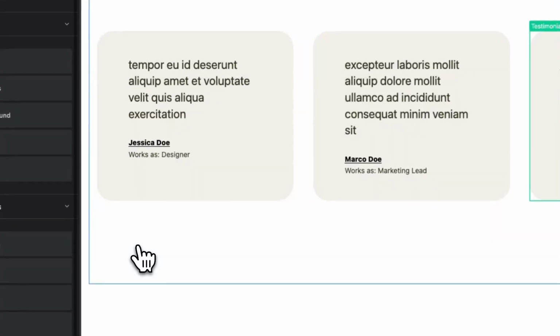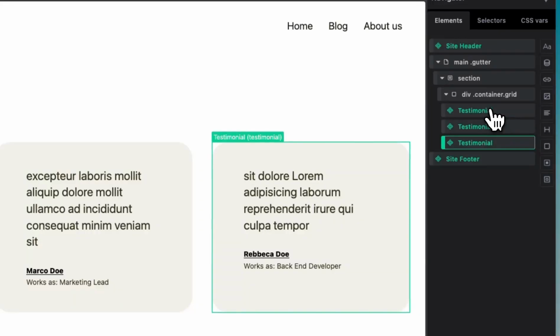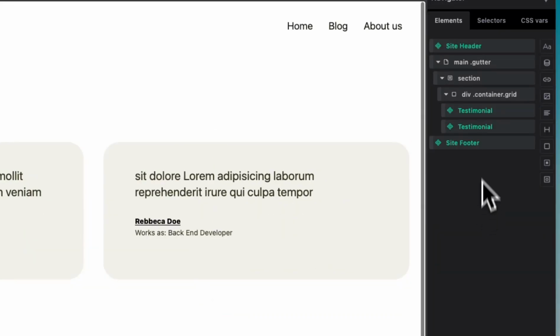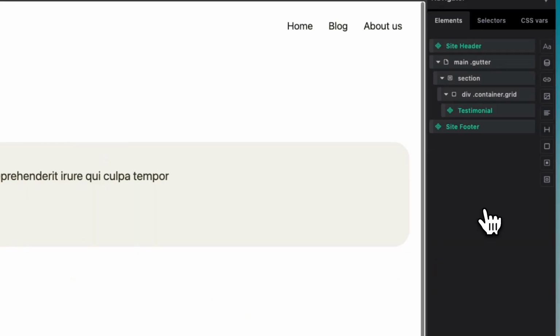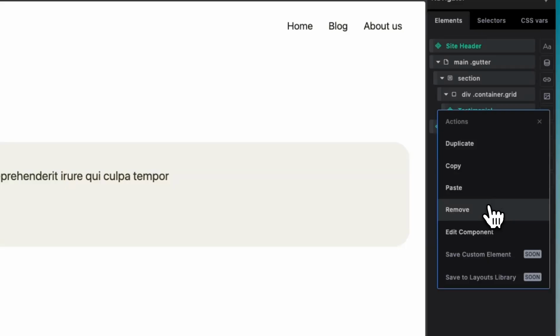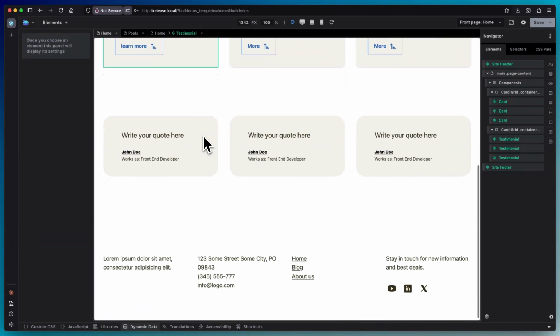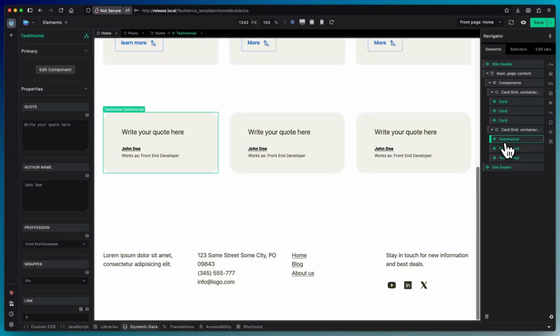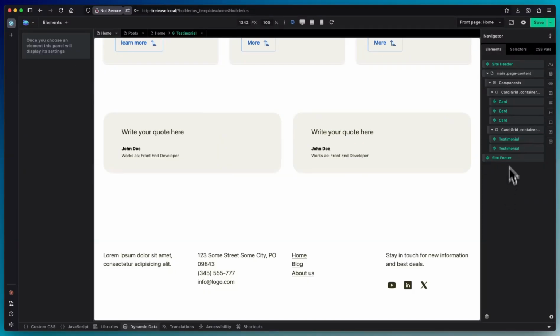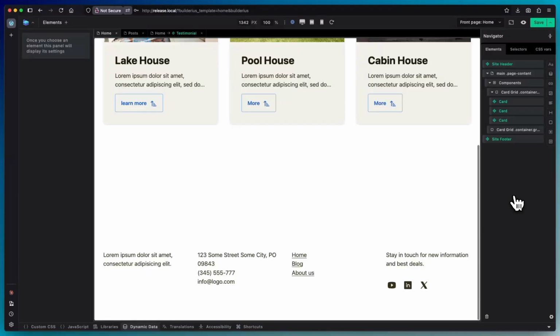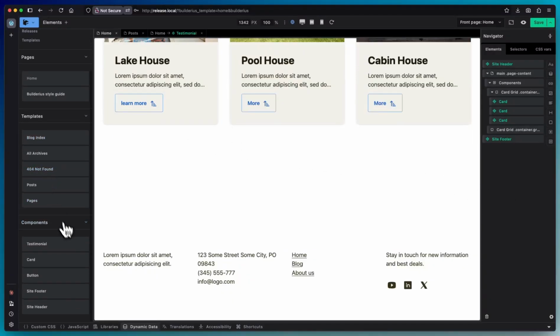So let's first remove them from here. So I'm going to remove all of these instances. Okay. I'm going to scroll down, find them, and delete the components entirely. Okay. So now I'm going to go back, click here,